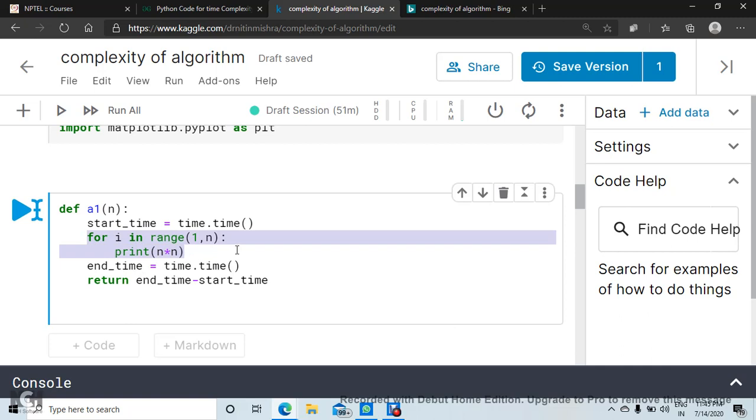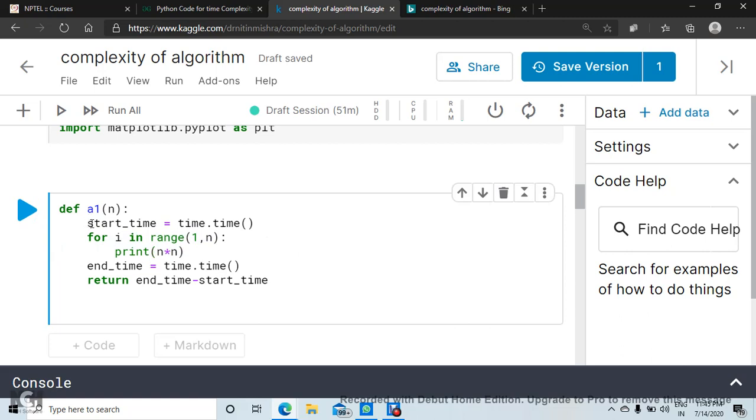Okay, so you can see that this is a simple for loop which will execute n times. Okay, and in theory we have calculated that it has a linear time complexity, means O(n). Complexity of this algorithm is O(n). Theoretically we have calculated in the previous video. Now let's see how we can measure.